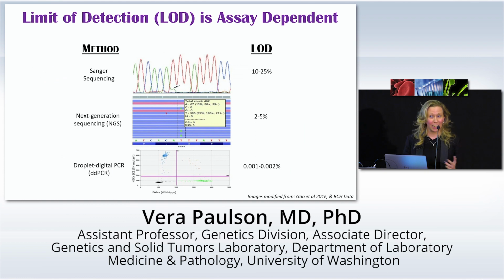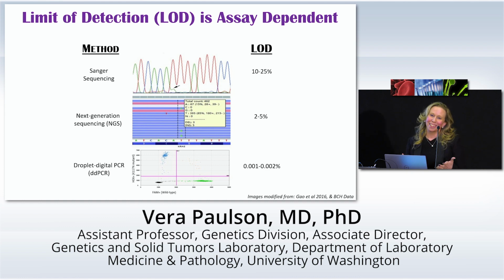I've mentioned LOD, limit of detection. All of this kind of fits together. When I did my PhD, I did Sanger sequencing. And that basically meant that I was looking at all these little traces up here. I know the residents are laughing. Clearly that was a while ago. And I would argue with my PI about whether or not these little bumps that I would find in the sequence were real. And the only way to get at it was to clone it into plasmids and then culture these out and sequence a bunch of plasmids to prove that you had this subclonal mutation. By the way, I was right.